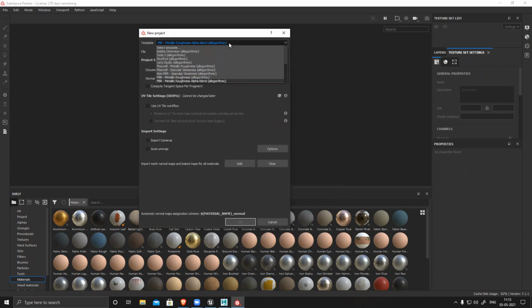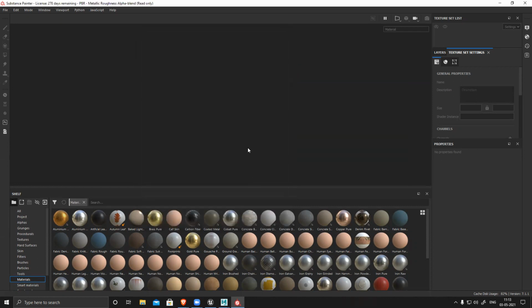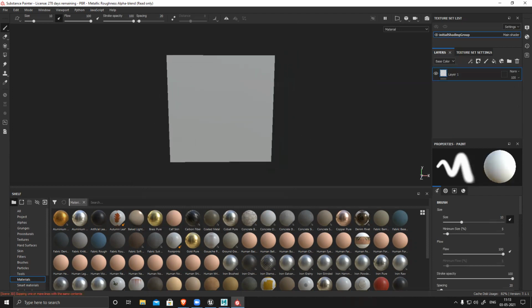Okay, sir. So let's select, because right now we're working on Unreal, so anything is fine because it's just a diffuse map I want. I'm using 4K so that I have a very clean, crisp ID map. This map we're not going to use anywhere apart from while texturing. So, done. You don't need to bake anything, you don't need to clear anything. You just need one map.